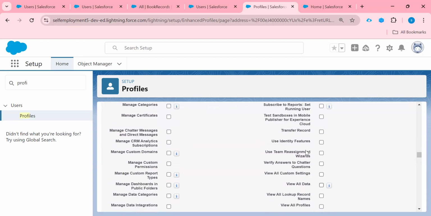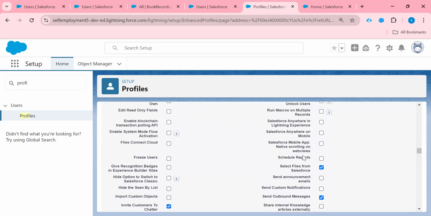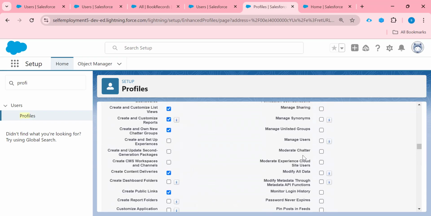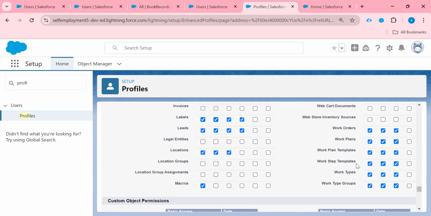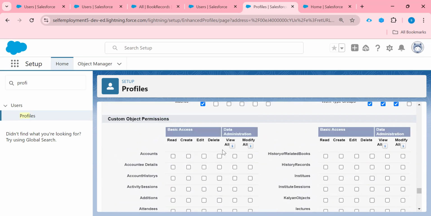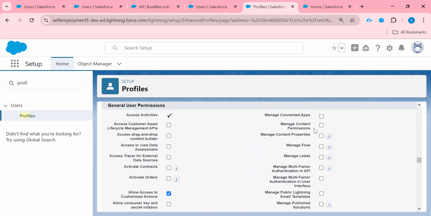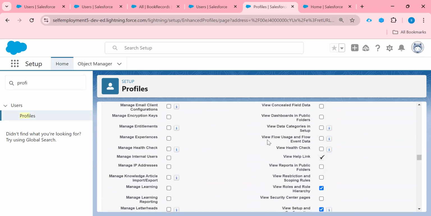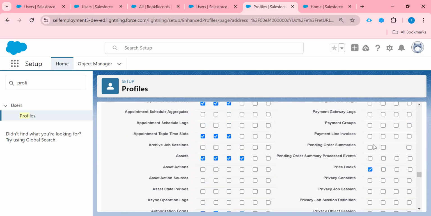This is view all data and modify all data. These two permissions are different from those two permissions. Those work at an object level and these work at our application level. So that is the difference between these two things.